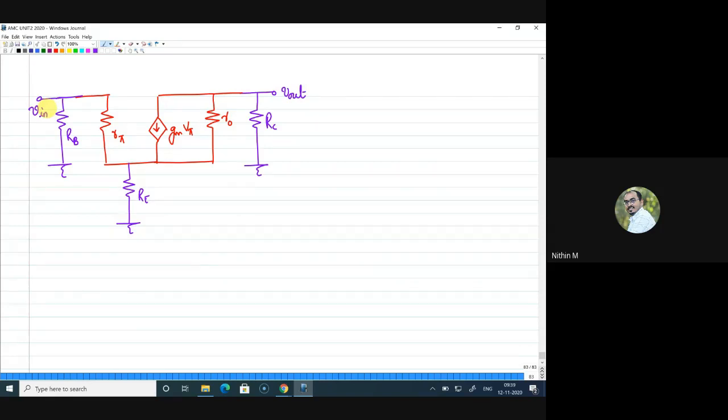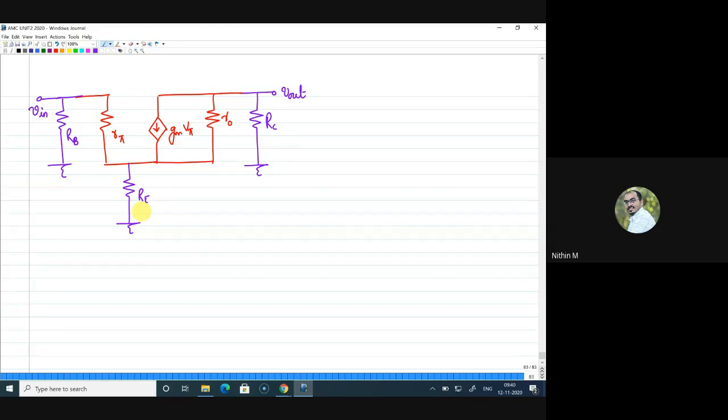Yeah. So you can see that V in is the voltage which is applied. The V in voltage is coming across RB, which is the same as the voltage across R pi plus RE, right? So these two, R pi and RE, are in series. Or your V in is actually coming across this R pi and RE also. So before taking out the values, let me go with the derivation and get the expression for this, because we haven't done this before.